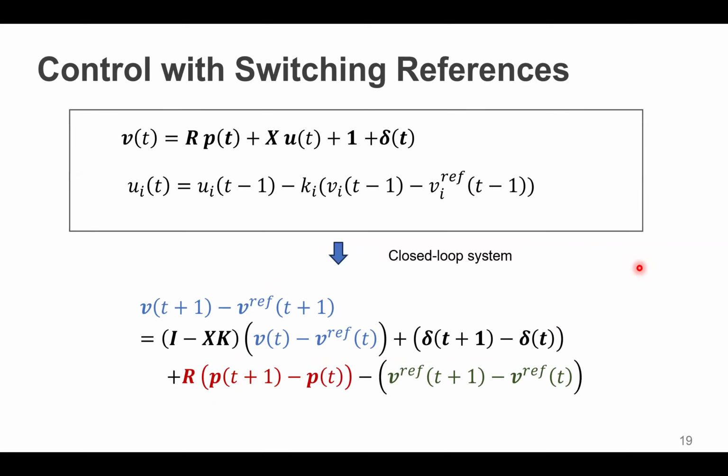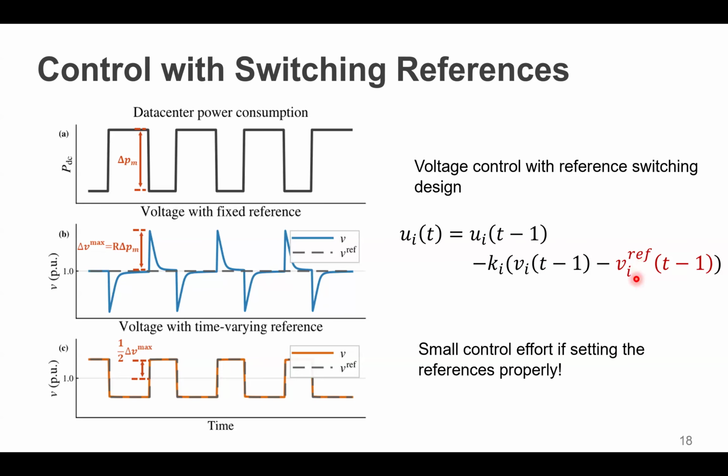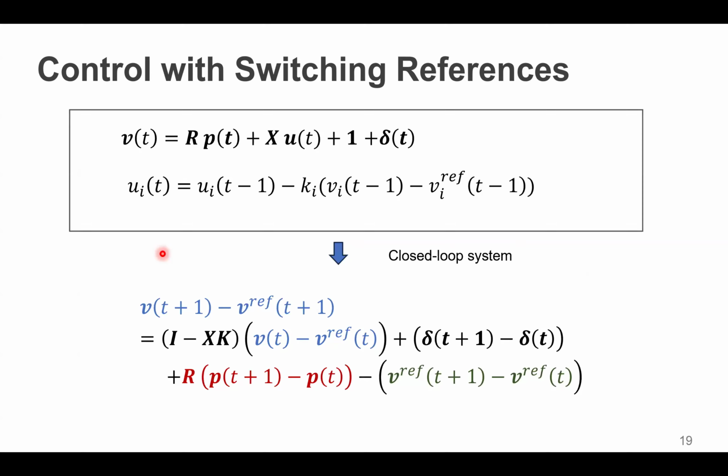In the next 2 slides, right, how should we shift the reference? That becomes a very important question. To understand how we should shift the reference, essentially we're shifting according to the observation of the largest voltage changes in the past period, right? But that will be more clear after we see the closed loop behavior of the system. Now if we combine the voltage dynamics with the controller and the primary reference, the closed loop system we can compactly write down into this kind of form.